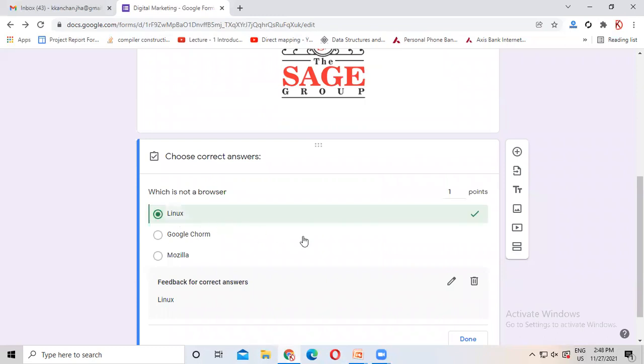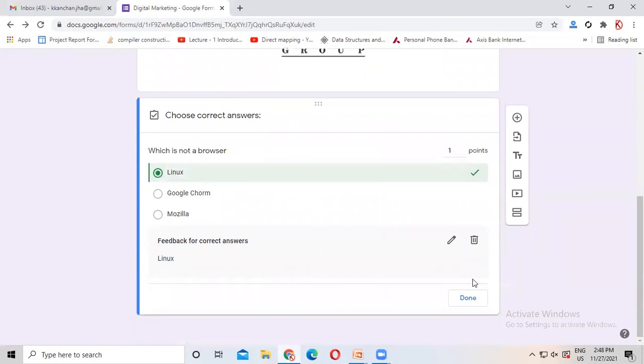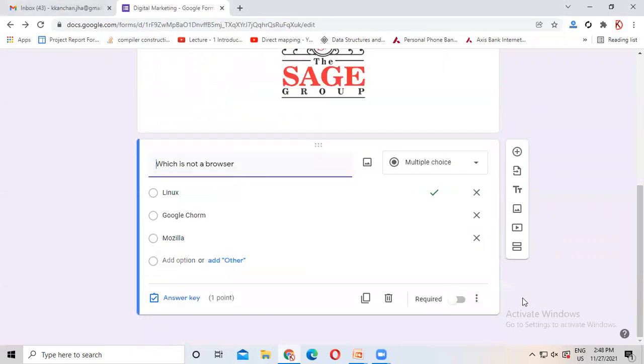After that, just click on the correct option also and then press done. If you want the user not to be able to leave any question, because every question is important, then just click on the required option.